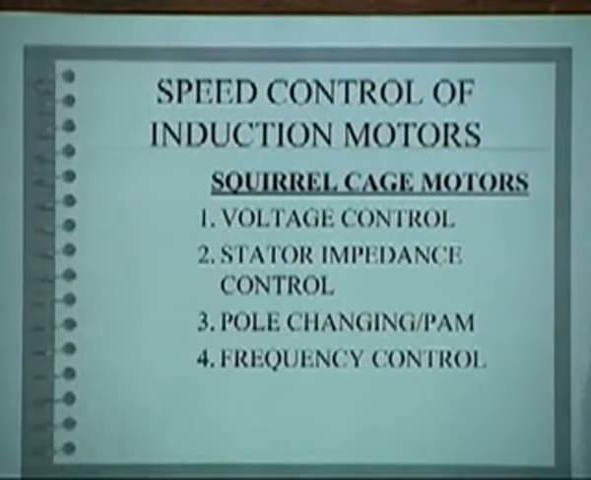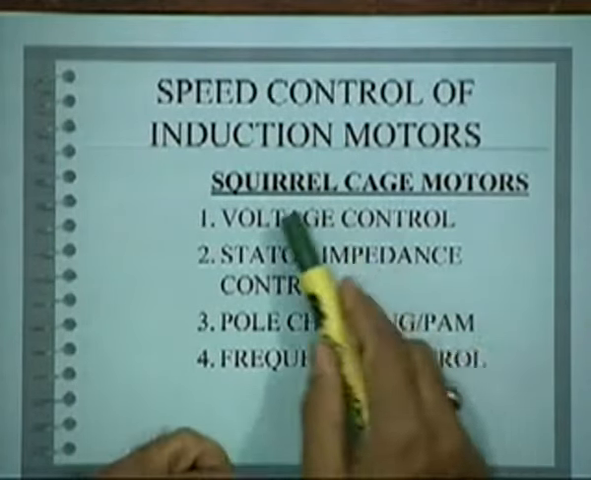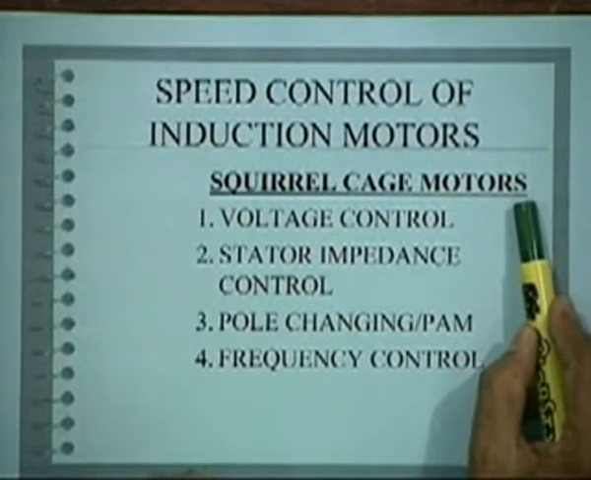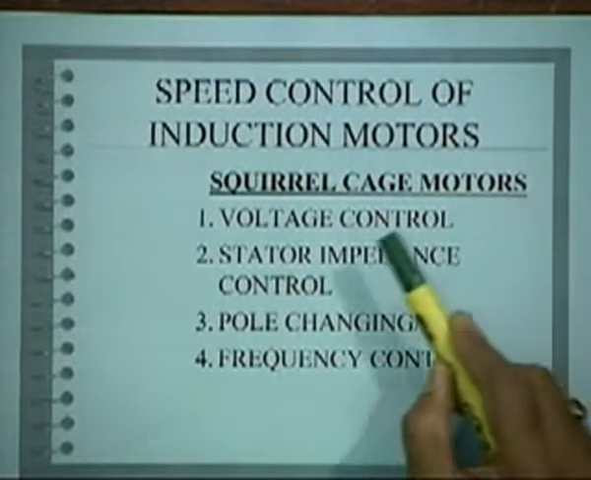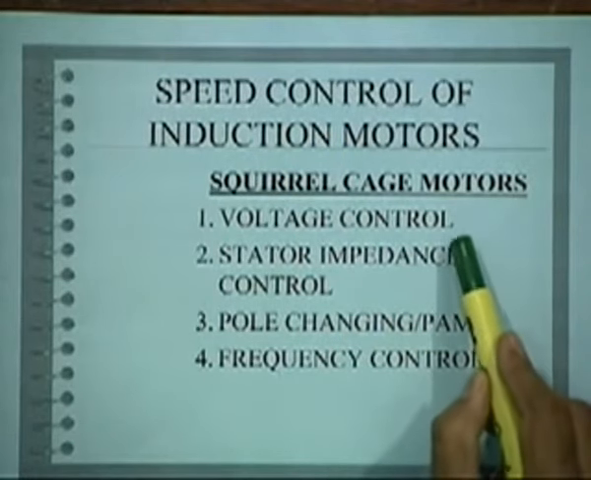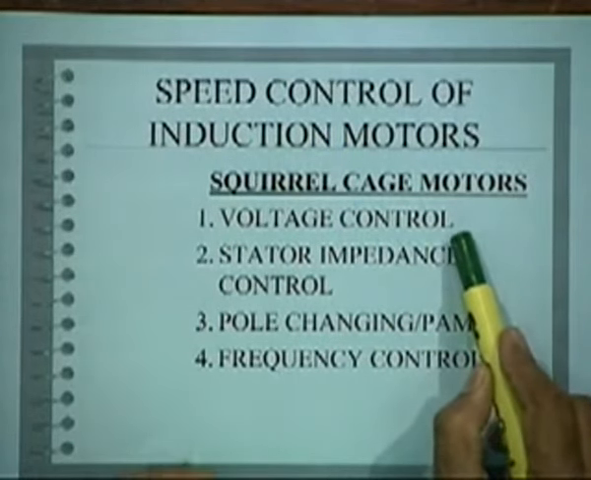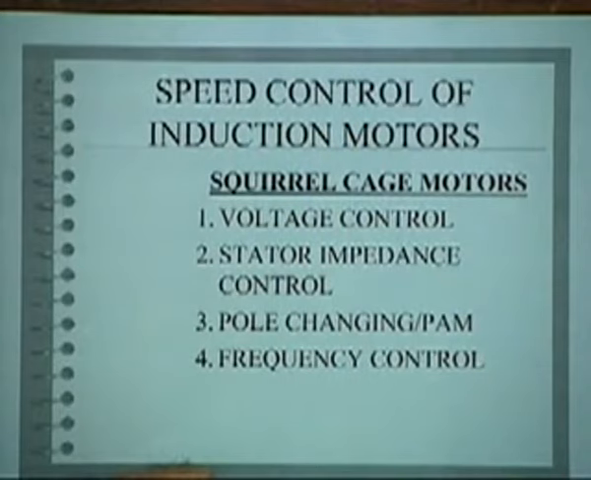The methods that are used for speed control will differ from the type of motor that is being employed. If it is a squirrel cage motor, there will be one method. If it is slip ring, you will have another method. Now, the methods that are in principle used, you can control the speed